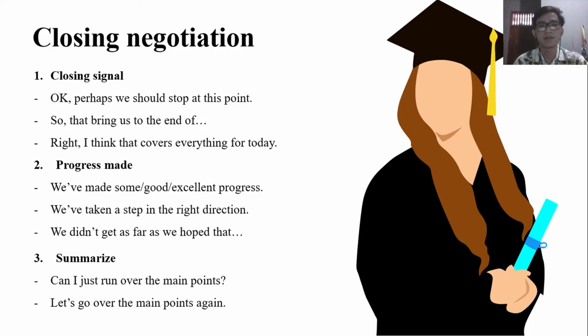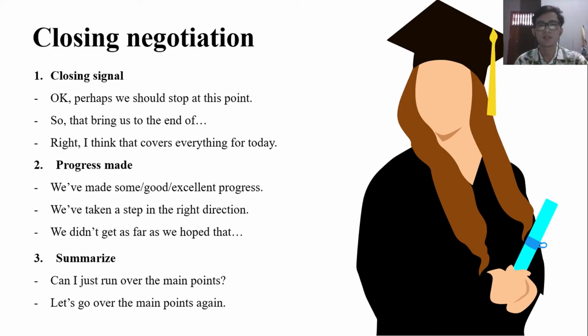And then the second is progress made. You share your progress related to your negotiations. The expressions are: "We have made some good or excellent progress." And then, "We've taken a step in the right direction." And then, "We didn't get as far as we hoped." And the third is summarizing. After you share your progress, you summarize